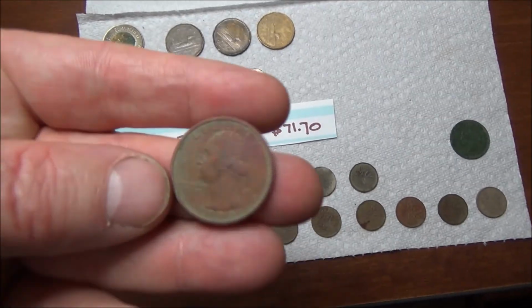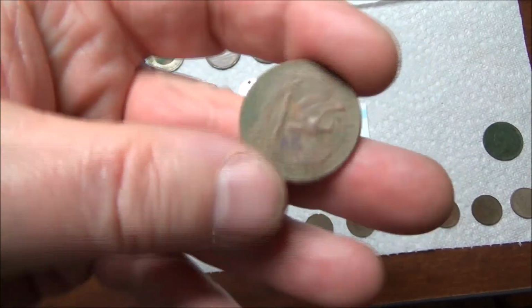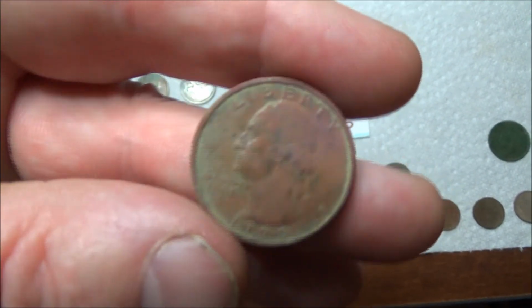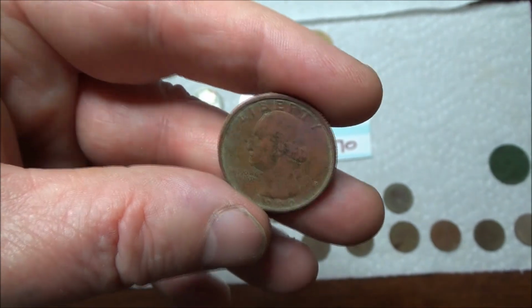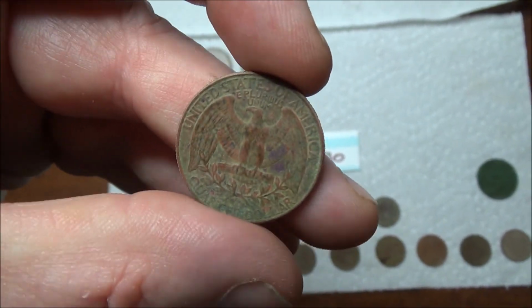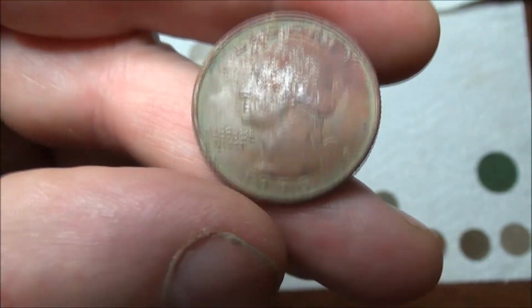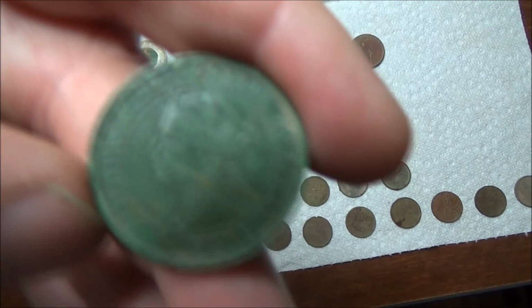I also found a Washington clad quarter. You might have heard that term before, clad. It just simply means that it's got a kind of cheap metal base to it, and then there's a cladding of metal over top of that to make it look shiny and silver, and that's what the newer coins look like when the cladding has been worn off or corroded off. This is a 1990 George Washington quarter there, and yeah, here again is my beautiful 1901